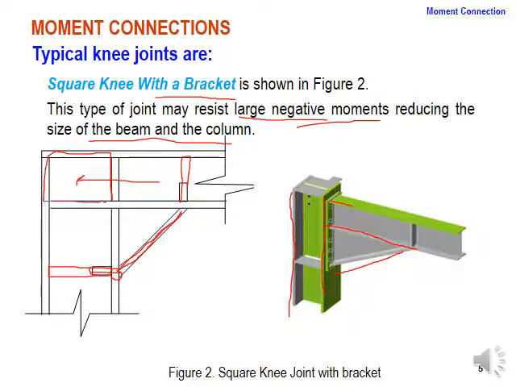Okay, once the bracket has been provided, then throughout the bracket, the stiffener, this part will be the connection part. Your connection is now going to start from the stiffener within the column, then the bracket part, then again the stiffener within the beam, and then the top part. So this area is going to be designed as a connection part.